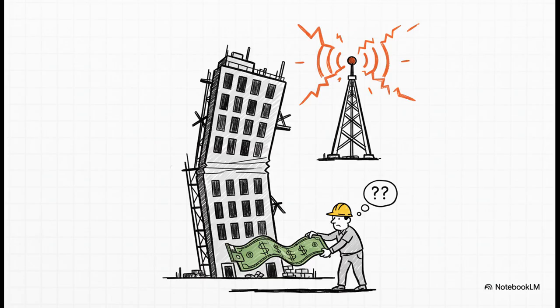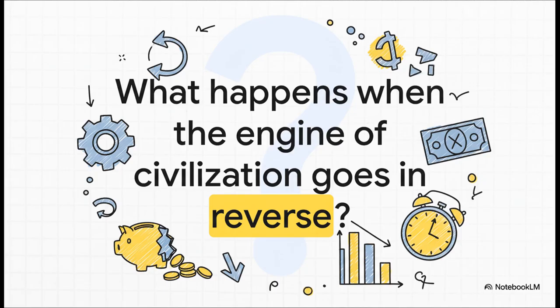Unsound money sends out false signals all over the economy. Entrepreneurs make bad calculations, they invest in projects that aren't actually sustainable, and this leads to booms and busts and just a massive waste of capital, time, and labor. It's like trying to build a skyscraper with a faulty measuring tape. And all of this leads to the final, really powerful question that the book leaves us with. If civilization is built by lowering time preference and having sound economic calculation, what happens when you throw that whole engine into reverse? It's a really thought-provoking way to end, and it definitely makes you want to dig deeper.